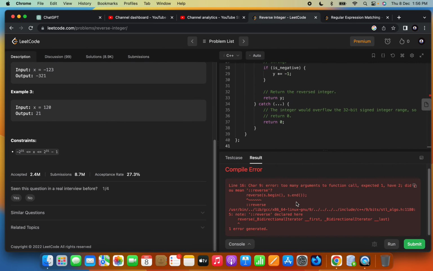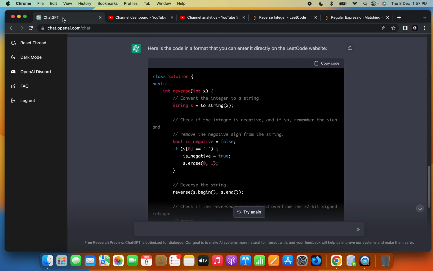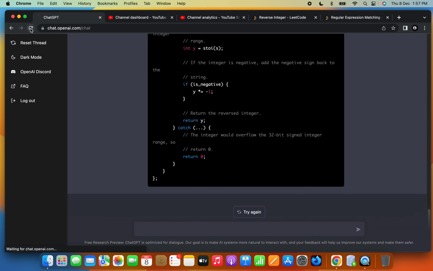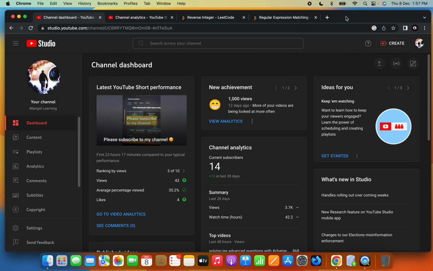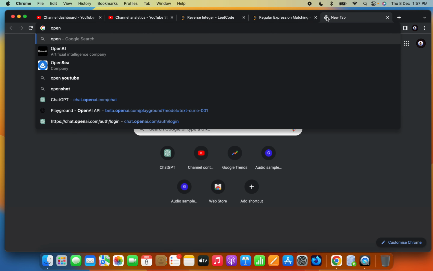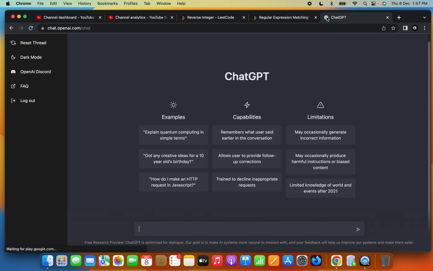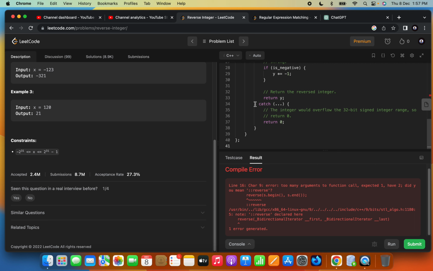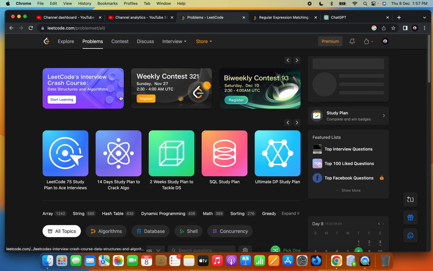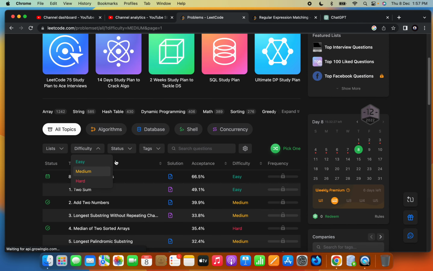Okay, so right now again it ran into an error. So I'm not sure why this is happening. Like once it starts making a mistake, for some reason it keeps on making that mistake. Okay, so it's not able to solve this problem for some reason. Okay, let's move on to the next one. I'm trying to solve as many problems as possible, at least 100. So yeah,